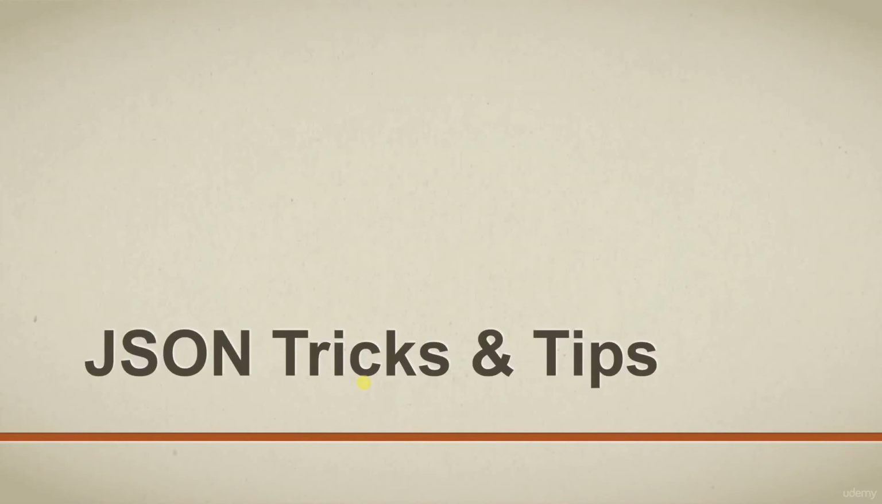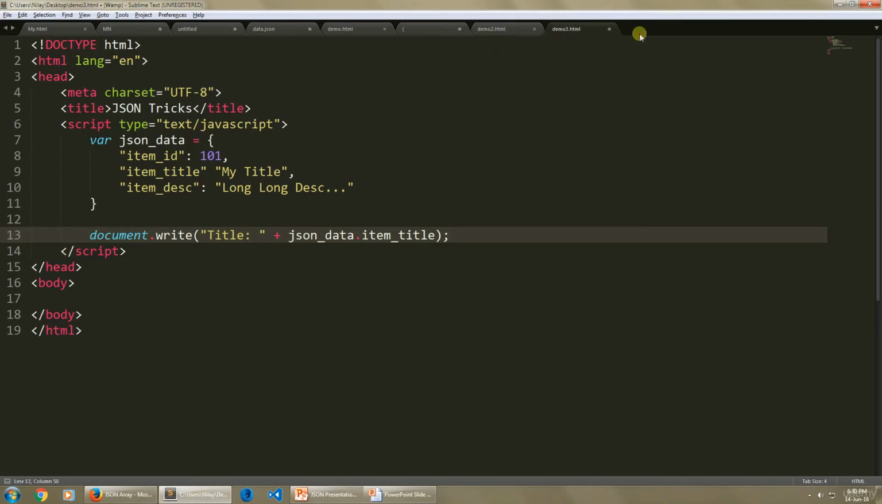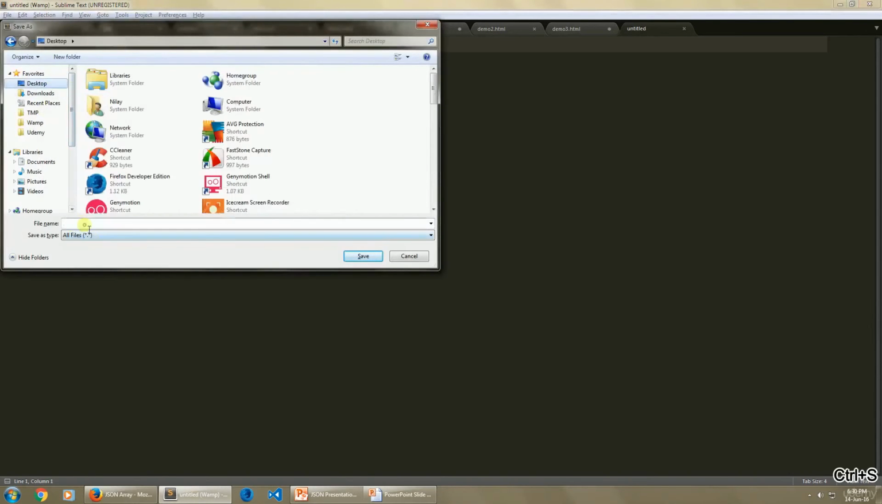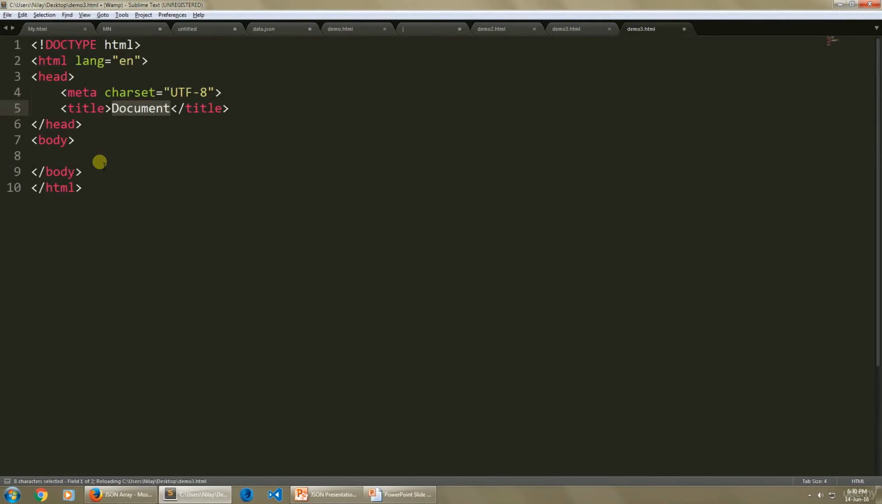Hello guys, in this session we will learn the various tricks that help us to parse, manipulate and validate the JSON. Let's create a simple example for this which represents only one item detail and retrieve it through JavaScript. Open the Sublime Text, create a new file, save it on desktop with the name of demo3.html, html:5, JSON tricks,